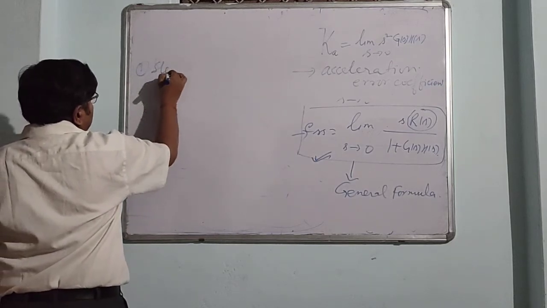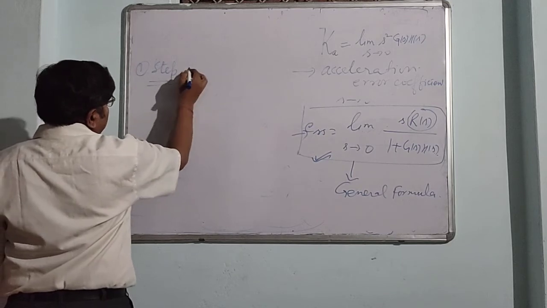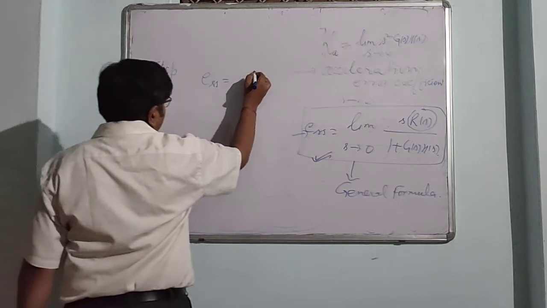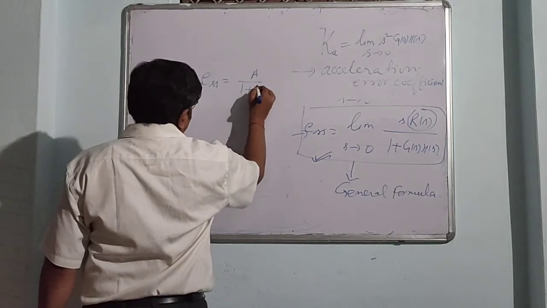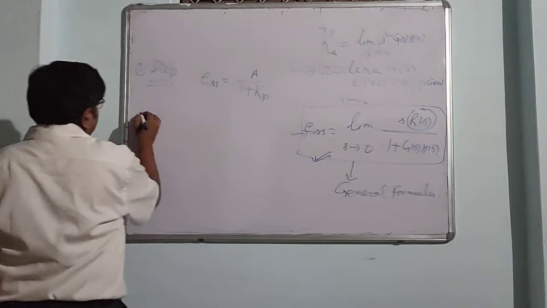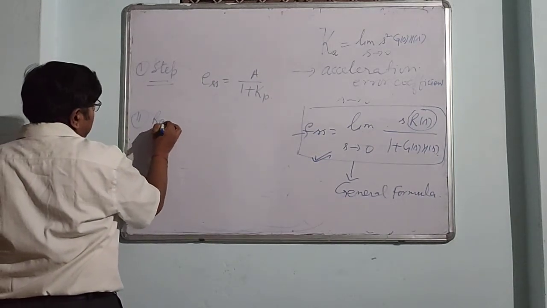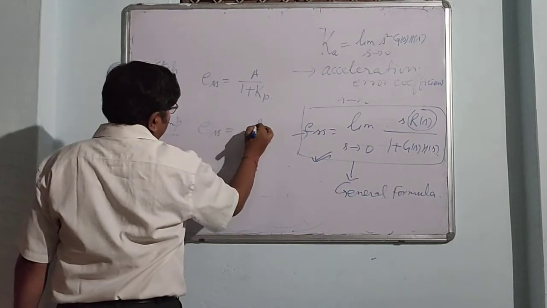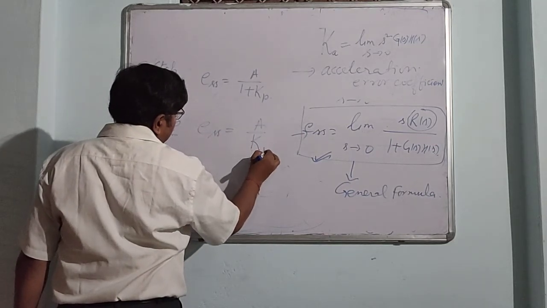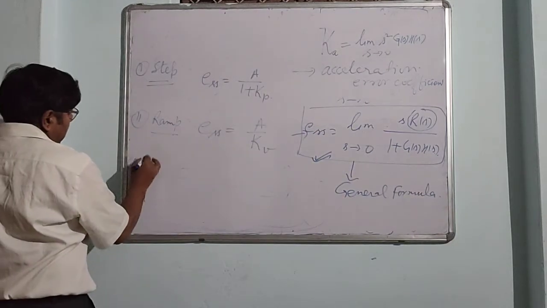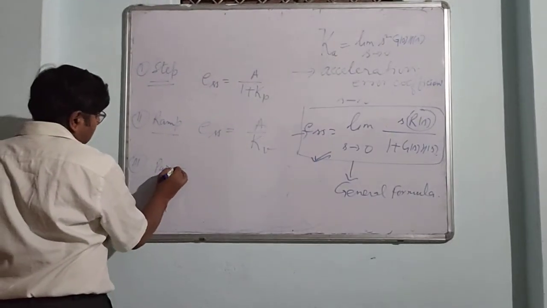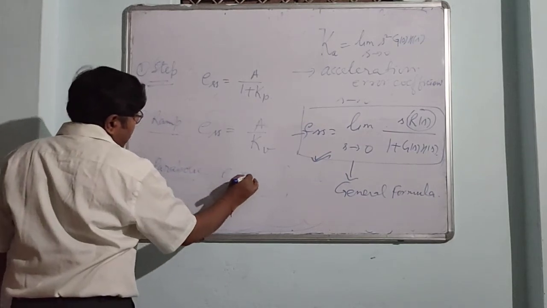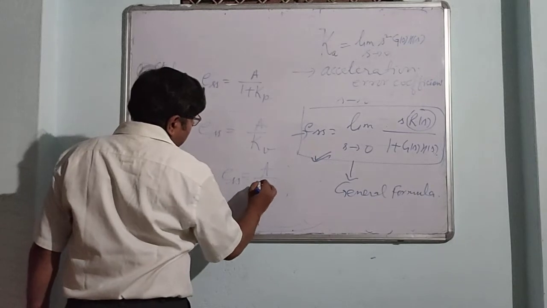For step input, steady state error is given by A upon 1 plus Kp, for ramp input, steady state error is given by A upon Kv, and for the third one, parabolic, steady state error is given by A upon Ka,